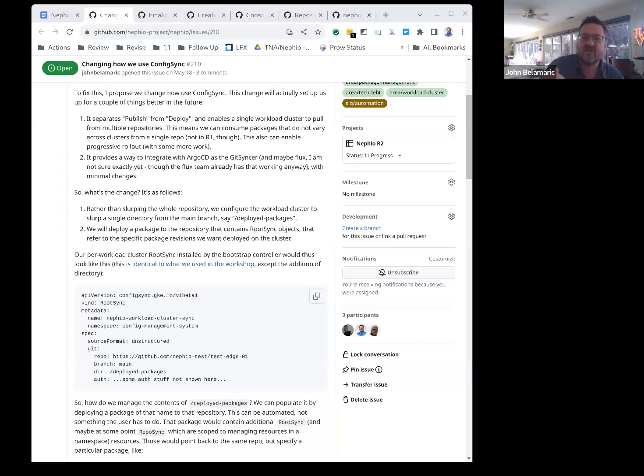We have to look into that, but I believe it annotates things and says, hey, I can't apply this new package because it would overwrite something another package has, and it raises an error. And of course, we don't surface those errors well right now. We would have to start doing that.